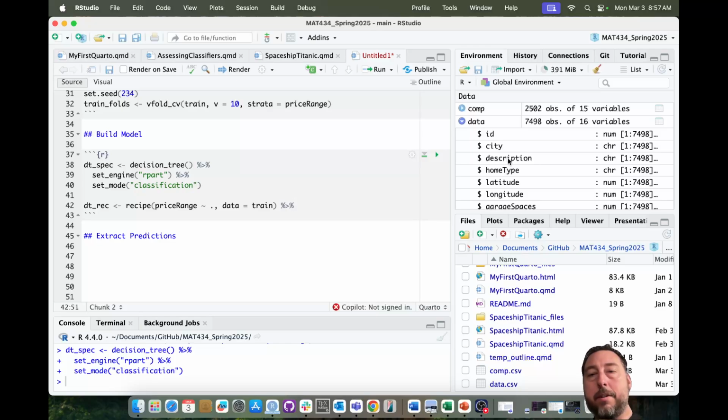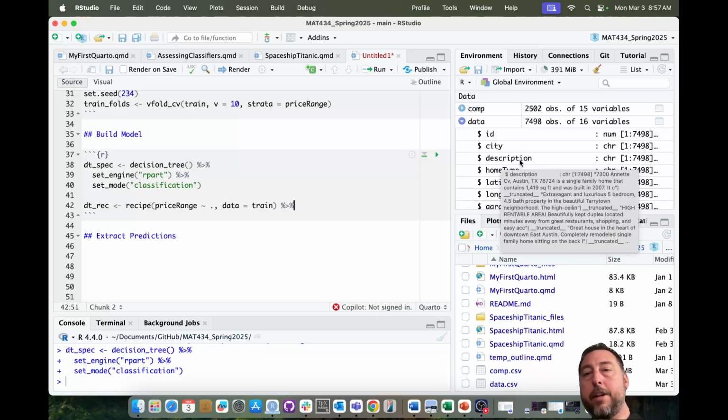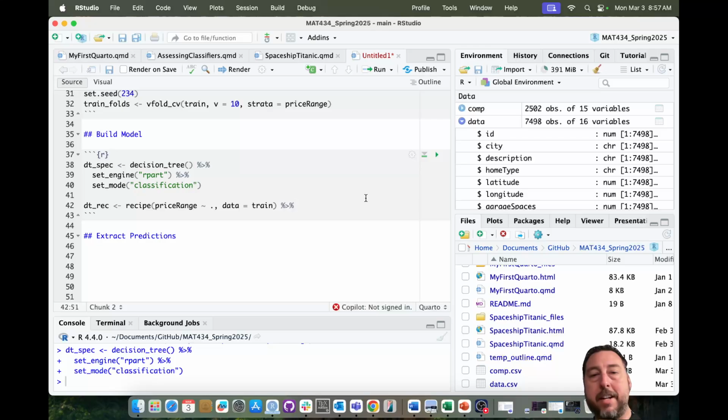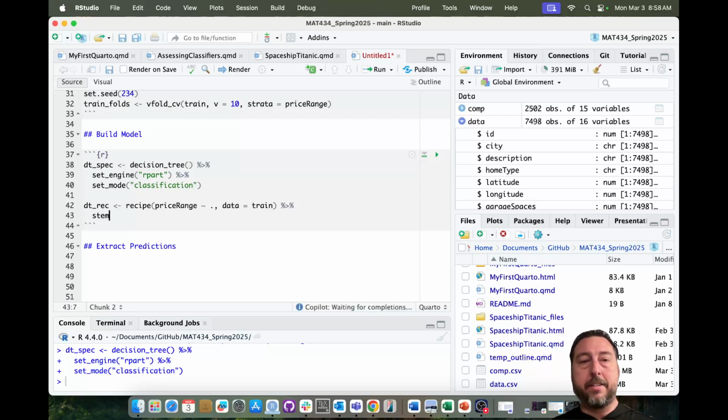One of these columns, though, is description. You do not want to use this column just yet. Description is a unique identifier. It's a non-numeric column. If you try to use it and you use step_dummy, you are going to create a very, very wide data set because all of these descriptions are unique, and that won't be good for you. So we're not going to use the description column just yet. You can get rid of it, again, by using step_rm, for remove, description